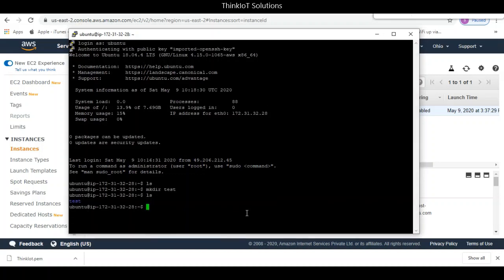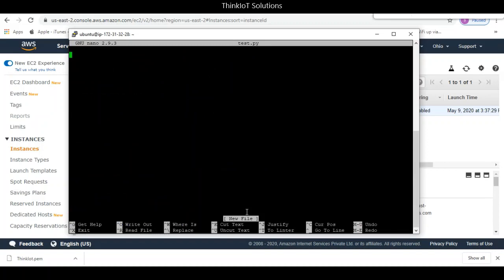You can create a small Python file using a keyword called nano. So nano test.py. It creates a Python file for you. You can just print something, so hello from AWS or something like that.